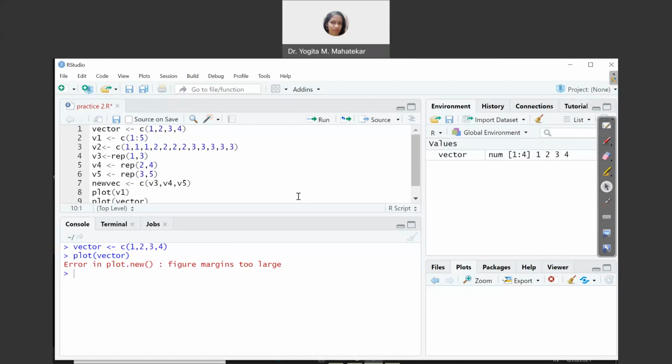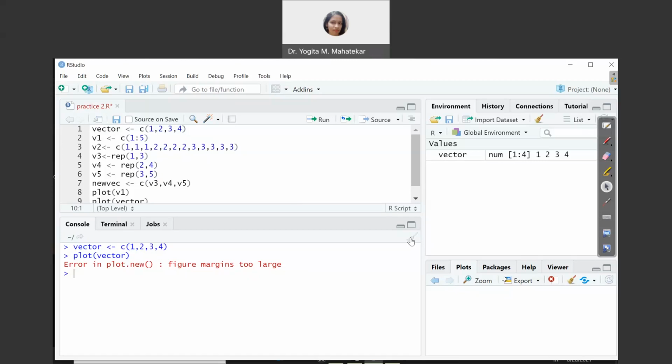Now we have to go ahead with the packages. R packages are a collection of R functions, compiled code, and sample data. Just note that R packages are stored under a directory called library in the R environment. In the library directory, all the packages are stored. To see how many and which packages are installed in RStudio, you just type library in the console window.